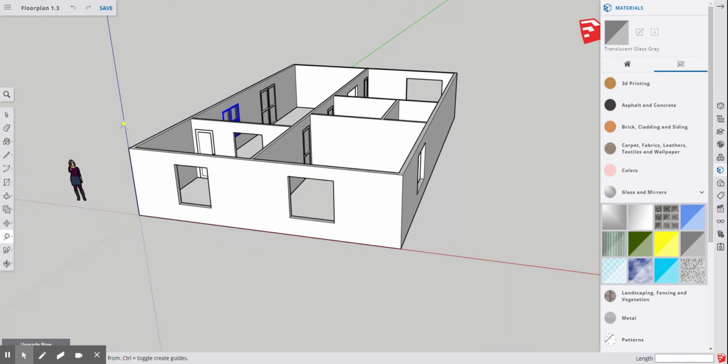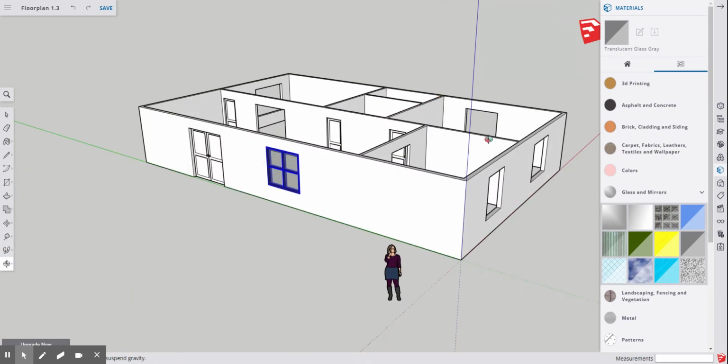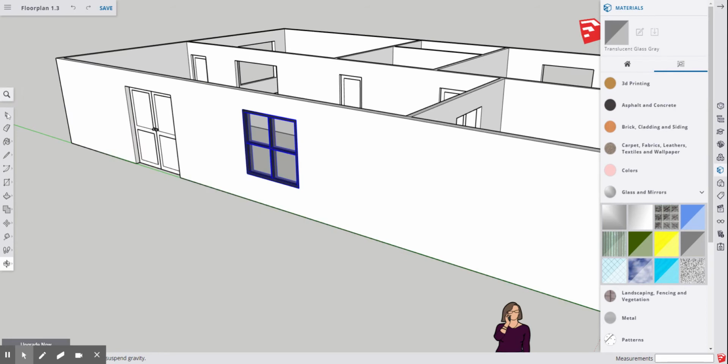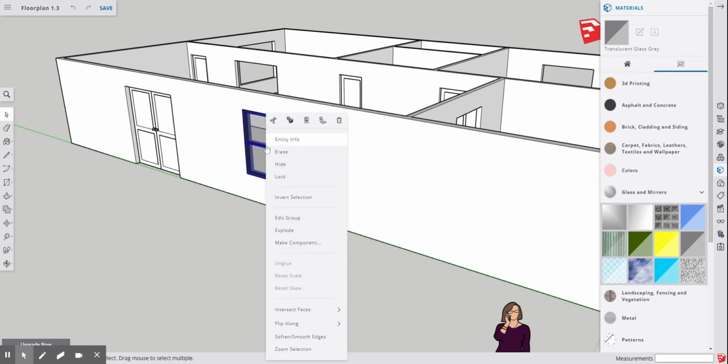This one's 5 feet. So instead of making that all over again, it's selected, and I could right click and copy it. Oh, actually,